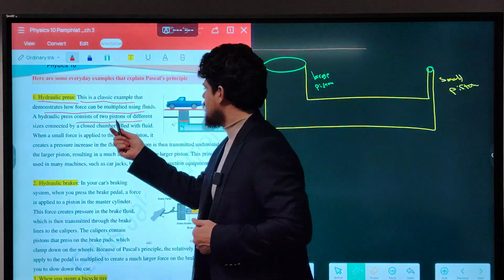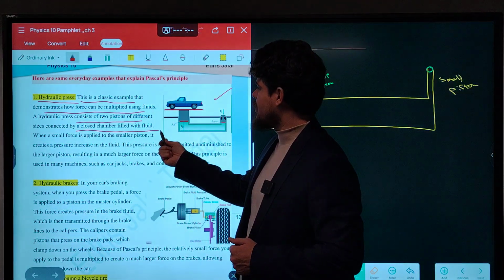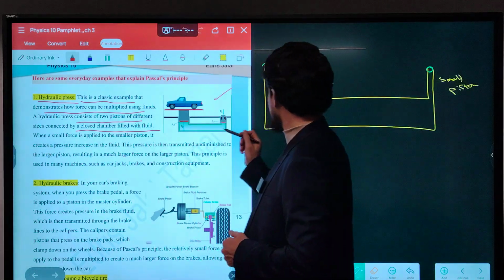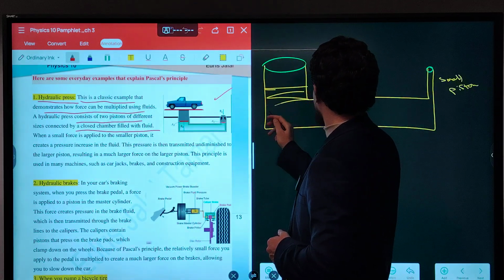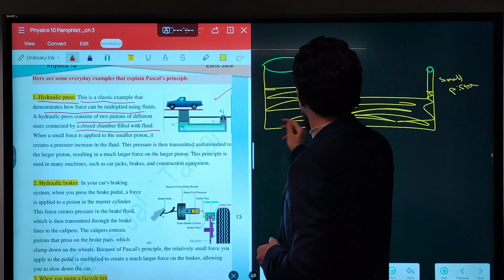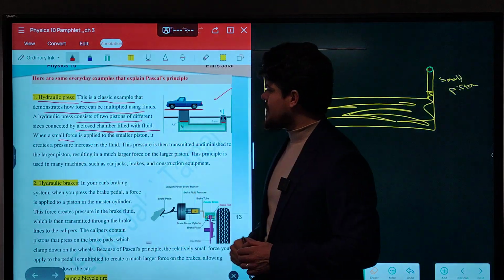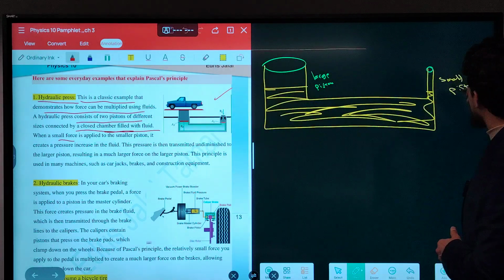Two pistons of different sizes connected by a closed chamber filled with fluid. So we have a fluid inside this chamber. When a small force is applied to the small piston,